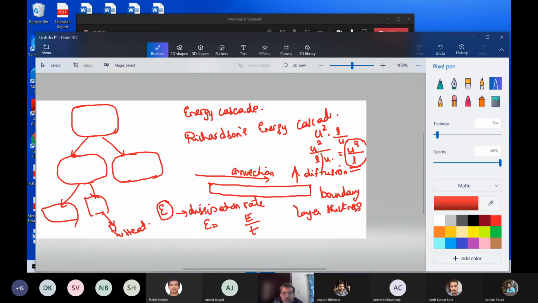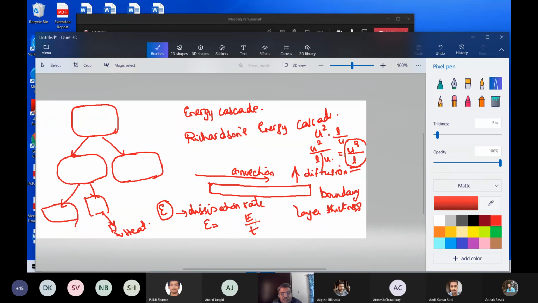So this is u square. U square is the kinetic energy of the large eddy, and that is the dissipation rate. The dissipation rate means the rate at which energy is transferred from the larger scale to the smaller scale. That would depend upon the energy of the larger scale, and also upon the time scale of the larger eddy. What is meant by time scale of a larger eddy? It means the time for which the large eddy exists. So, divided by that will give you the rate of dissipation of this eddy.